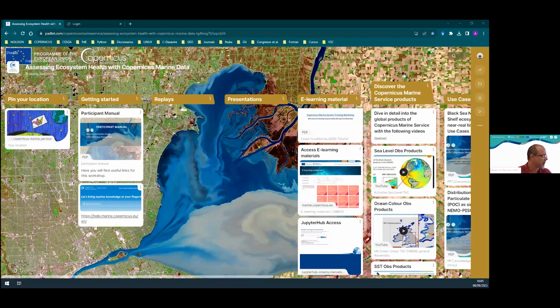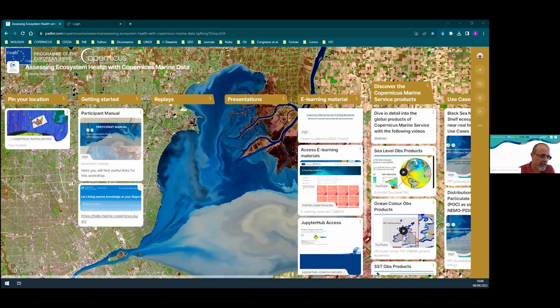We have focused this visualization on the theme of assessing ecosystem health, but in the end it's a quite standard tutorial about visualization of data that can be applied to any data in Copernicus Services. After that, we are going to do a tutorial explaining how to compute marine heat waves using